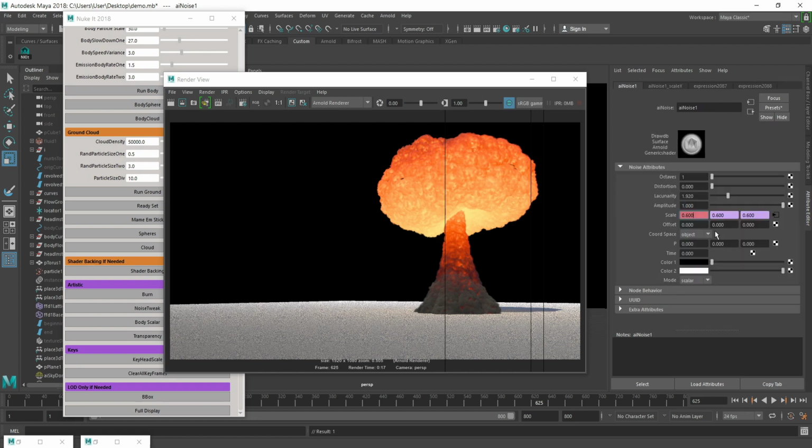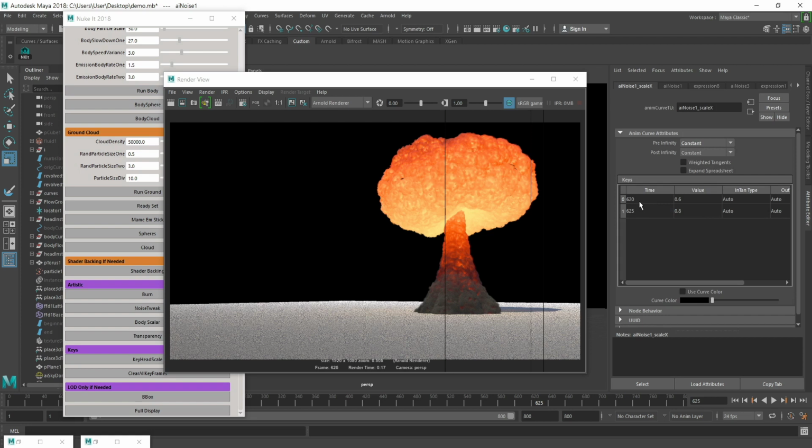Click this, we'll go up. I probably want that to be something larger at the beginning, so we'll set key and right-click again, and then we'll take that 0.81 and put it at 1. So now we have smaller details at the beginning getting larger, which just looks better there. Okay, so